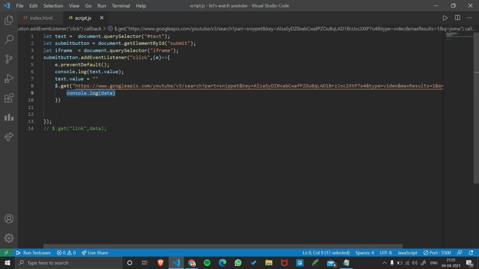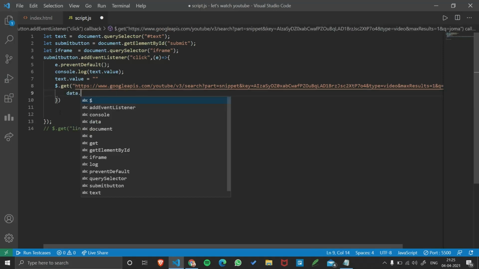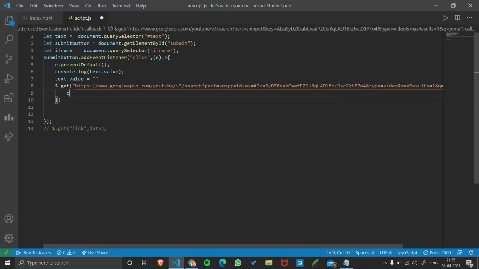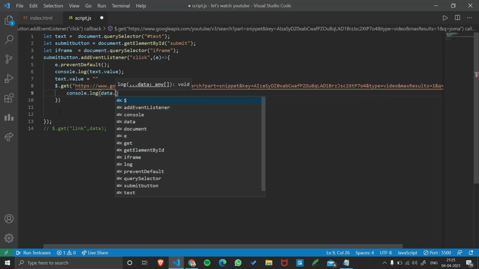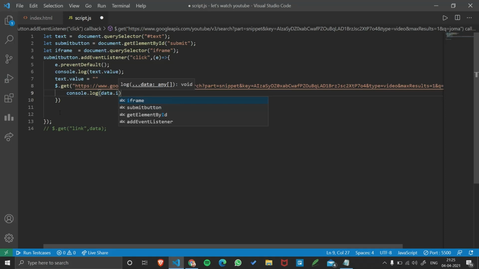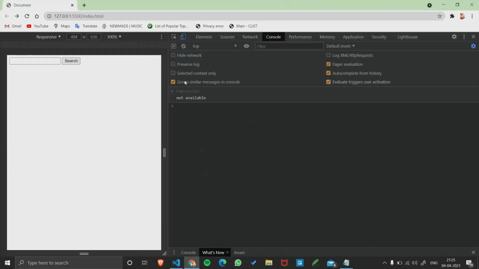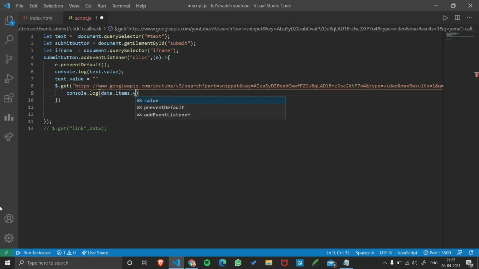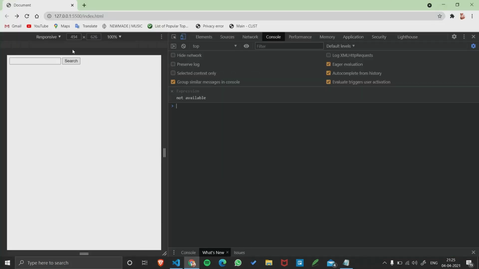Perfect. Now I guess I can do console.log data dot items. Let's try that and click search, and I will get the ID. And if I do video ID, I should get the ID probably. Let's try.